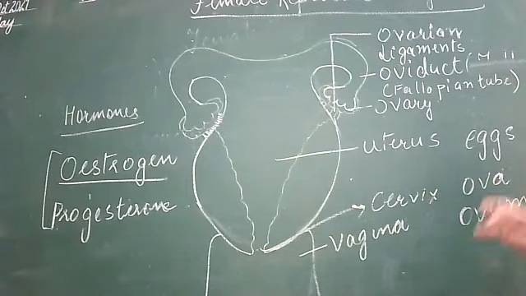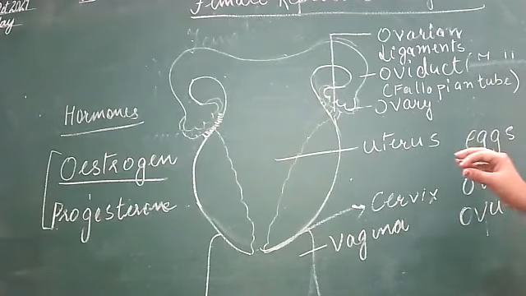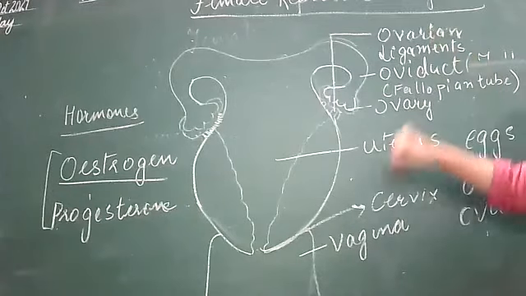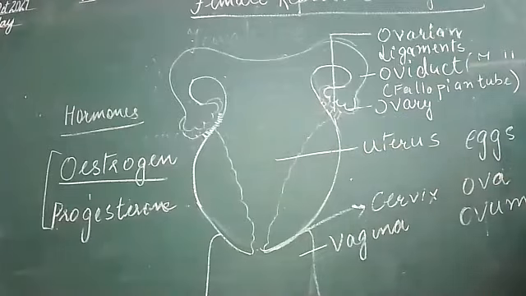Now, this uterus opens into the vagina. That is a tube. And between the vagina and the uterus, there is an opening called the cervix. It acts as a canal between the uterus and vagina. So got the point? And these ovarian ligaments are actually ligament muscles which connect the ovary to the uterus. Any doubt? So we have covered the ovarian ligament, which just connects the ovary to the uterus.